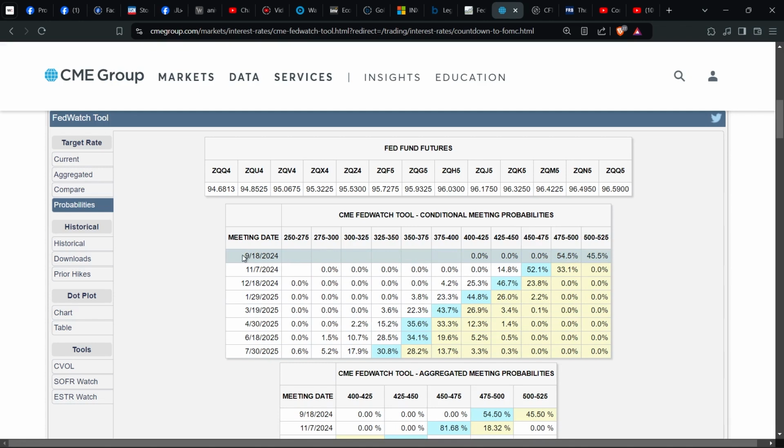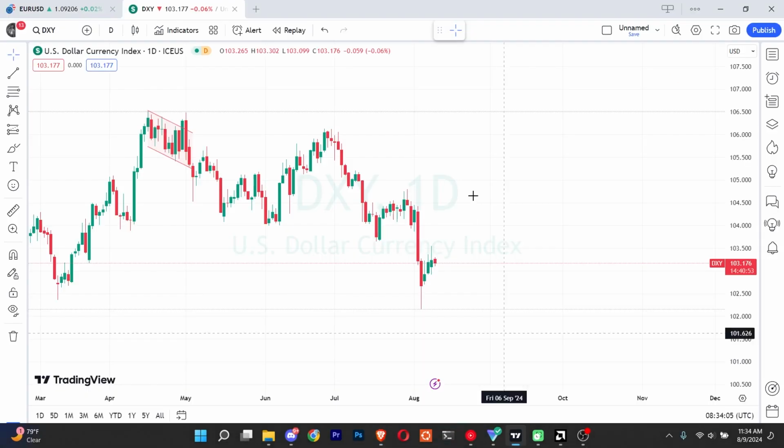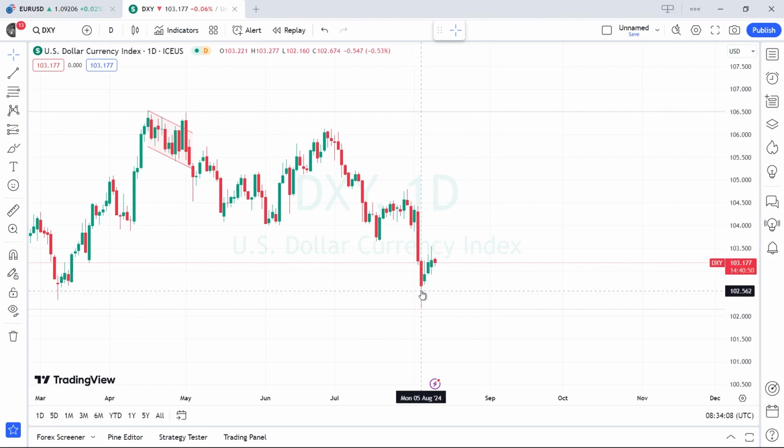In fact, at that time, you can see in the table of probabilities, let's go back here. This is the September meeting, and we're currently in August. The last meeting was in July. So between July and September, those are two months' worth of data. We have two NFPs, two employment reports, and two inflation reports, the CPIs. So that's why, immediately when the stock market was seen to be crashing this hard, and on top of that there was the weak jobs report that came out on Friday, market participants were expecting an emergency rate cut at that time.